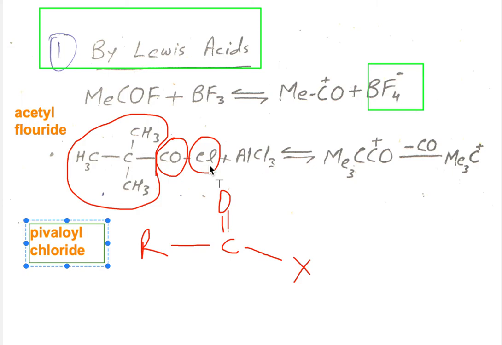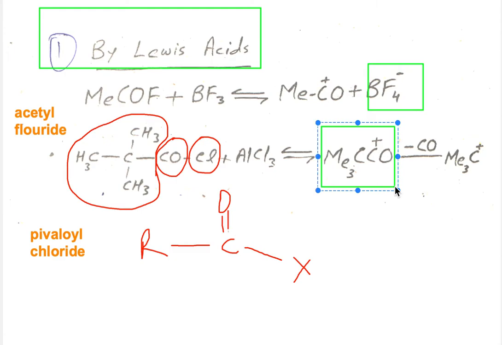This is pivaloyl chloride, an acyl halide compound that reacts with aluminum chloride. Here, aluminum chloride acts as a Lewis acid that accepts a pair of electrons from chloride to produce a tetrachloroaluminate complex,